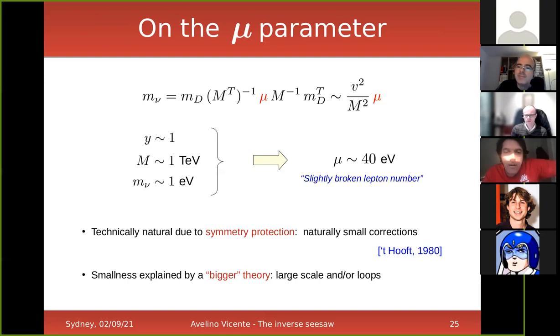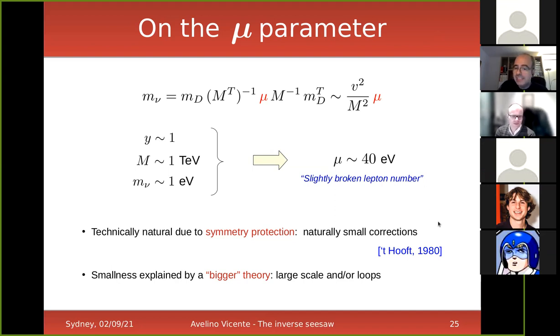Avelino, can I ask a question, or make a comment as well? Of course. So this lepton number is still an anomalous number. It has an anomaly, so that 't Hooft's condition doesn't apply strictly, in principle. You are completely correct. I will show later constructions of this idea in which you can gauge lepton number because it's anomaly free. But as it is here, it is anomalous. You are correct. Yes. Thanks for the comment. And of course, you are welcome to ask as many questions and make as many comments as you want. I invite you to discuss and to interact with me.